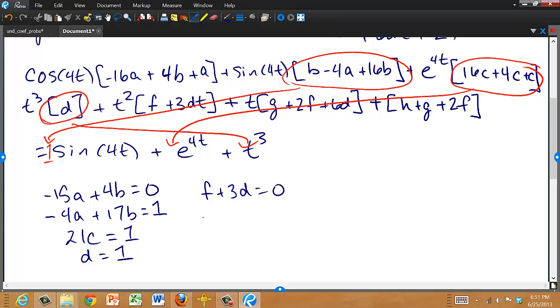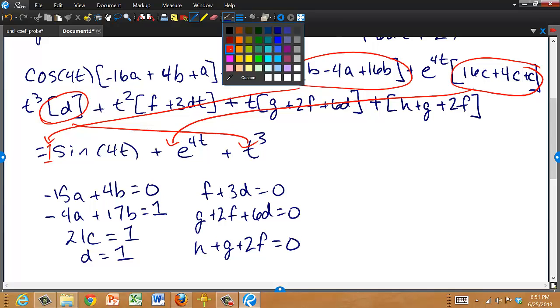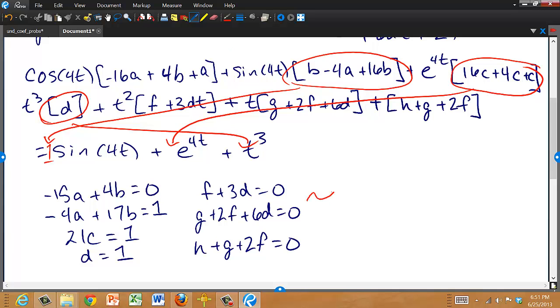I want the coefficient on t, which is g plus 2f plus 6d, to be 0. And I want the constant term, h plus g plus 2f, to be 0. Now, you could do this by hand, but just go ahead and use Maple. If you do that, you'll find that